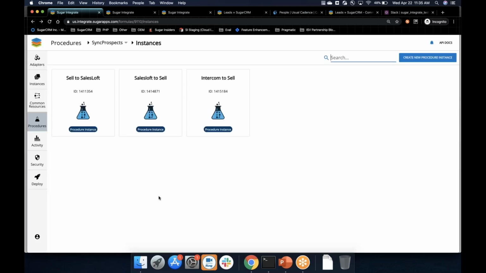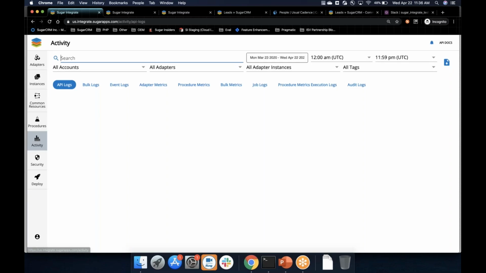So in other words, in a couple hours in an evening, I was able to build an integration that touches multiple different applications. Whereas if I was trying to build this from scratch, I would have to go research a bunch of different APIs, which itself could probably take multiple days to go learn SalesLoft, learn Intercom, learn whatever, right? I'd also have to figure out how I wanted to handle all the data mapping. I'd have to figure out how to build these procedures. And then, even then,